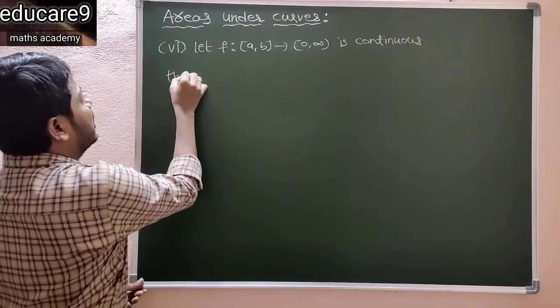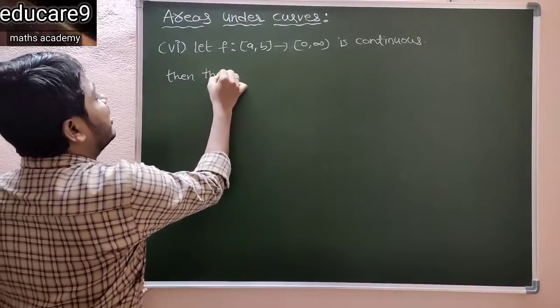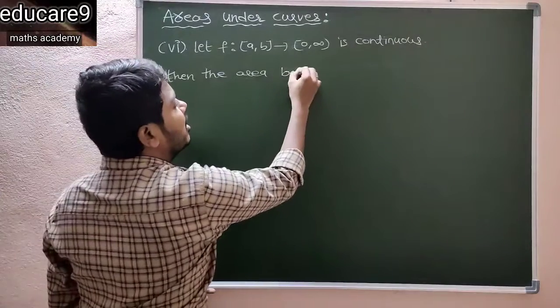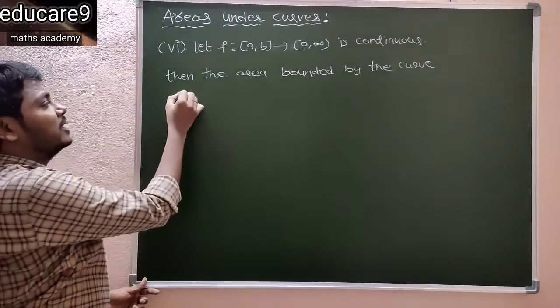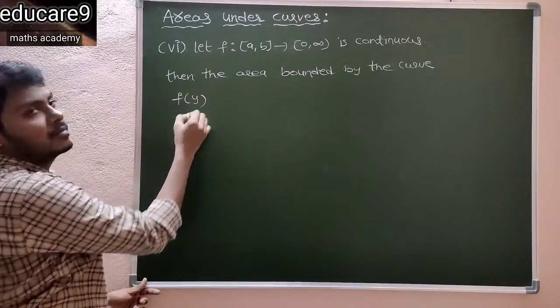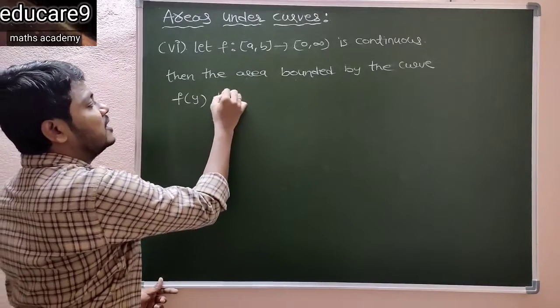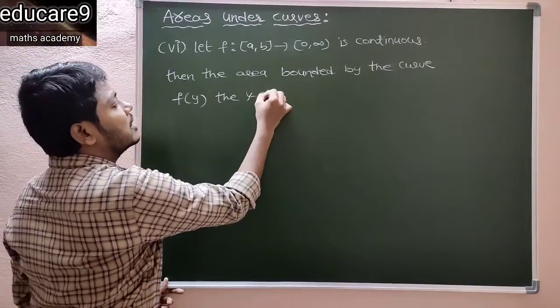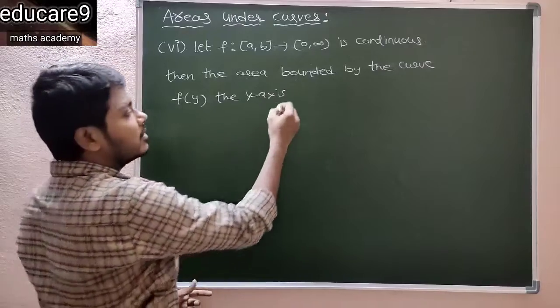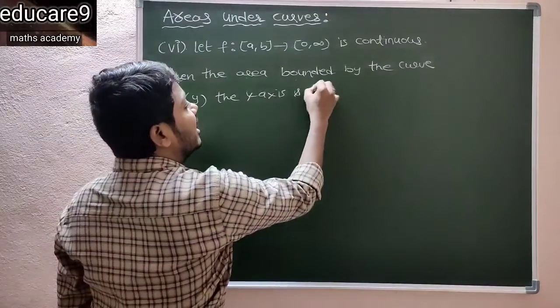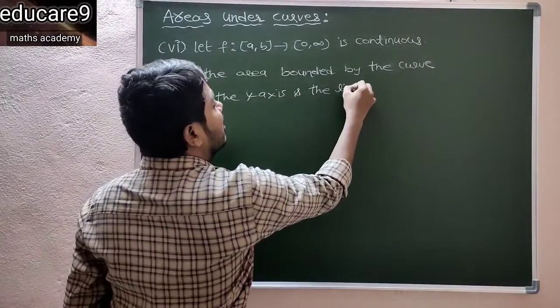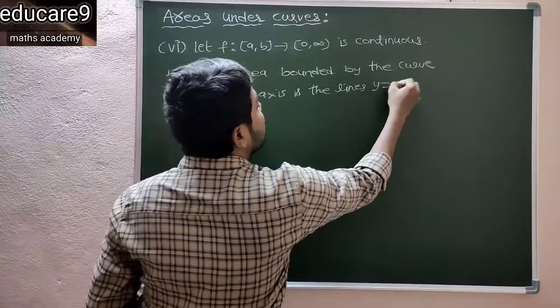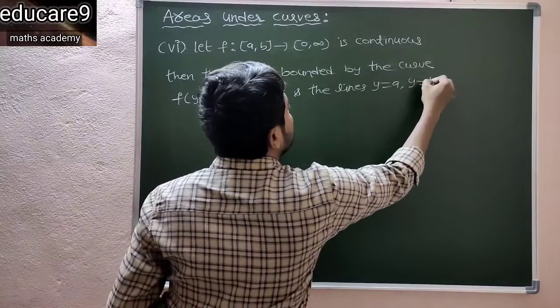So then the area bounded by the curve f of y, the y-axis and the lines y is equal to a, y is equal to b